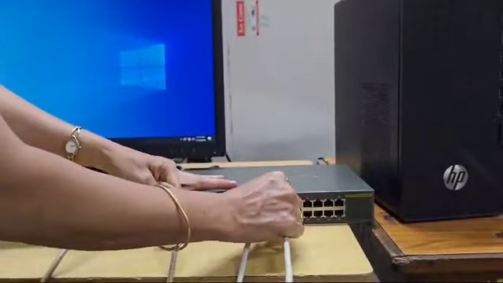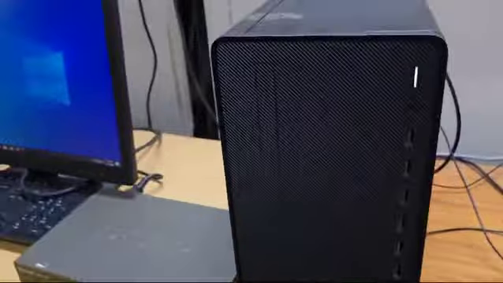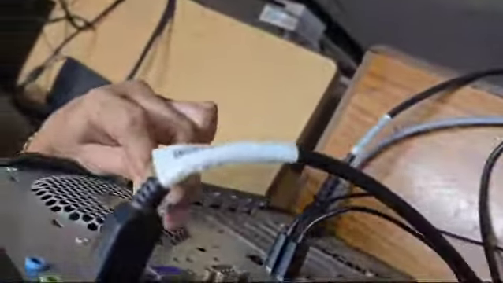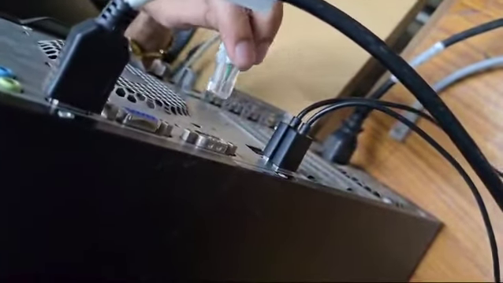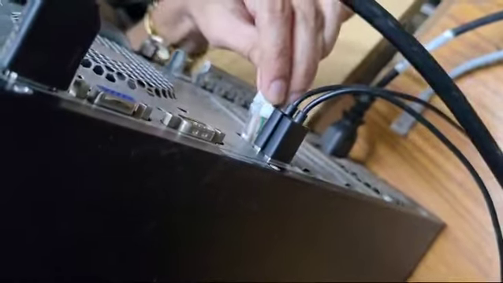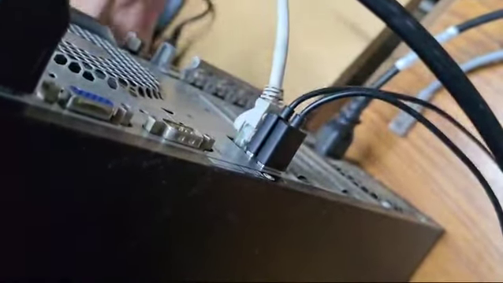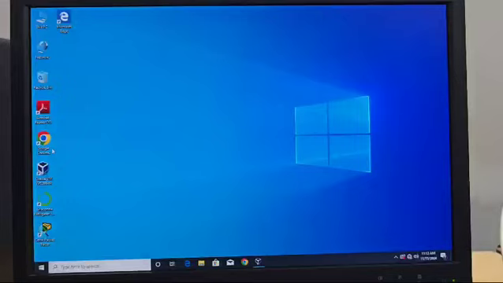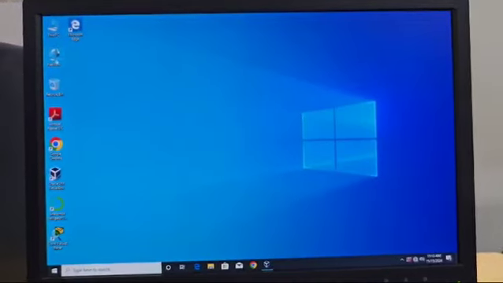Similarly, we can connect the second system. We have connected to port number 3 and to the Ethernet port of the system. Similarly, we can connect any number of systems to the network switch.